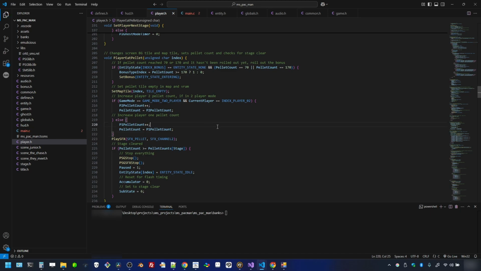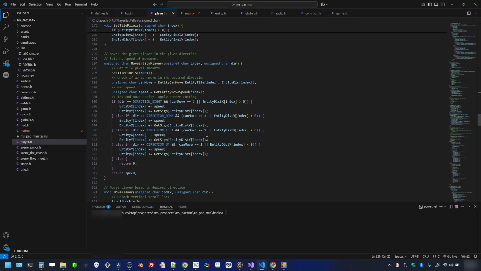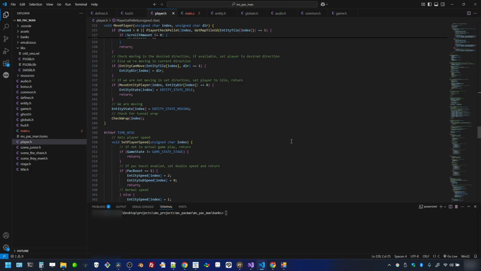And I think that's everything. There are some things that we define here that are functions that are not in the game yet, and those have to do with the bonuses and the ghosts, because we haven't gone through those sources yet. But those will be the next two sources we go through. We'll get the ghost source code, which is the biggest source code, and then after that we'll get the bonus source code done, and then we'll finally go to the stage source code, where we will actually be running the game engine,